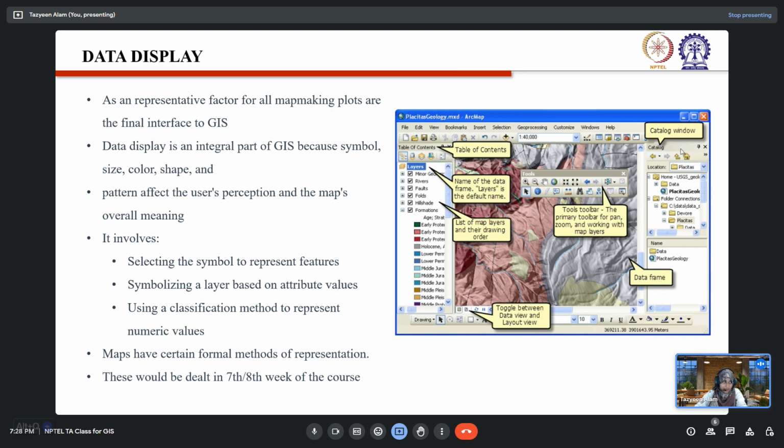Okay, so it's already there, you just have to open it, or if it's not there, you come to the window and you just select the catalog and it will appear here. And once you have your folder in place, let's say this is my data, I just select it, drag and drop, and my layer will come here. Okay,